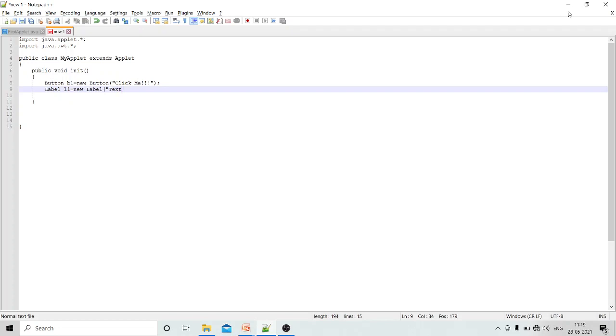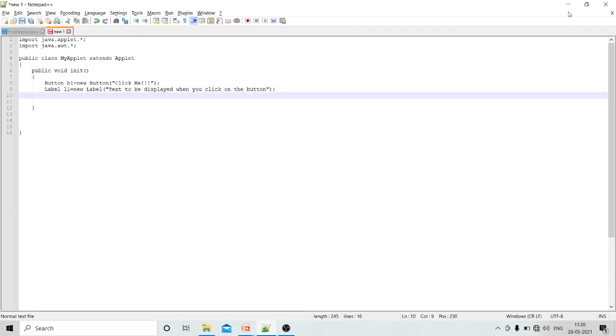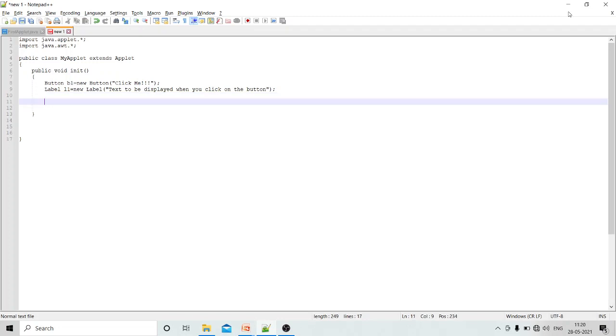The text to be displayed when you click on the button. Okay, we have created a button and a label.